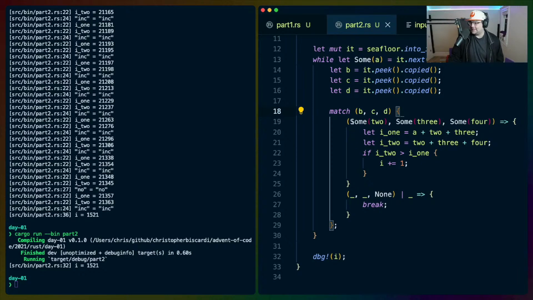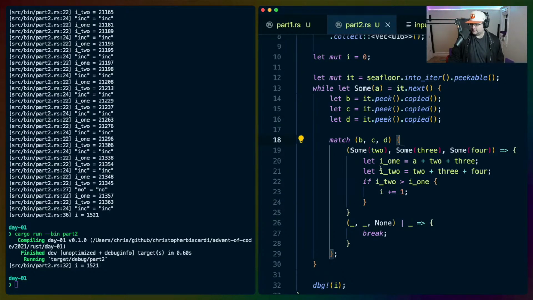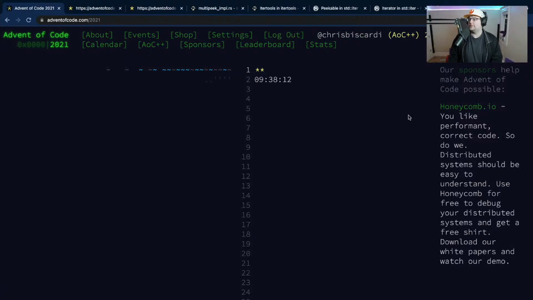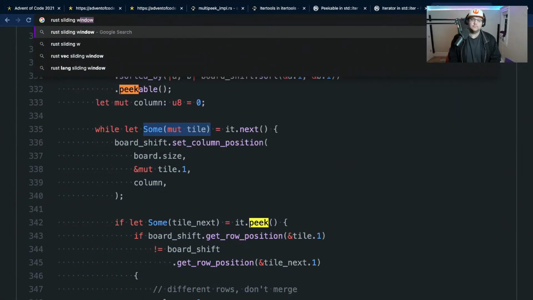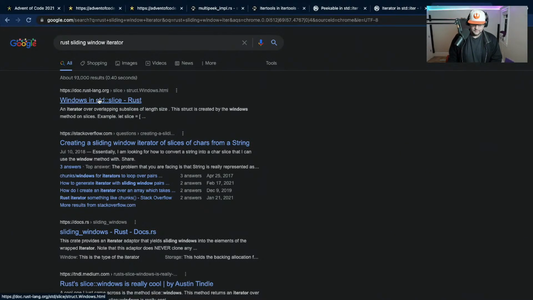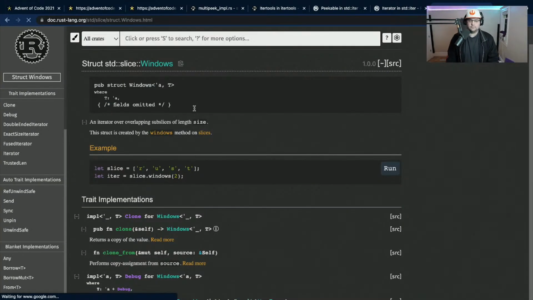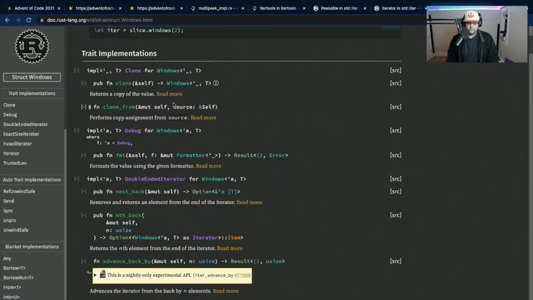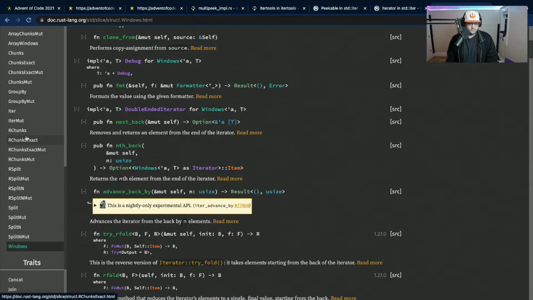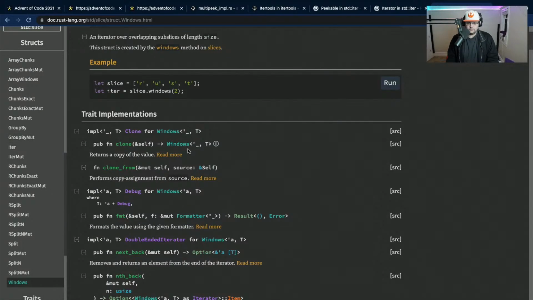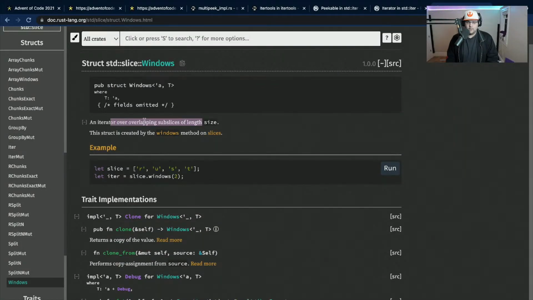Okay, so CD. I don't think there's a sliding window function, but I'm going to look for it now. And so we already have one, actually.